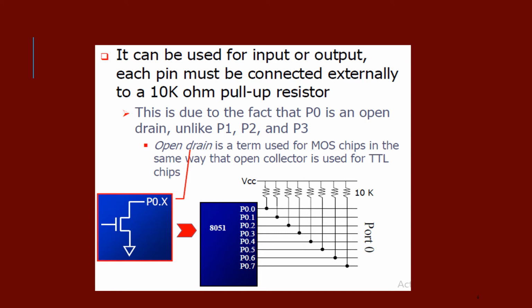Already we have had a small talk on this in the first or second session on 8051 in out. In that discussion I have given some focus. You can refer to that particular video also. So here in short, it is open drain for MOS chips, which is similar to open collector in the case of TTL chips, and we have to drive it. Therefore you need some pull-up resistor so that voltage and current are properly maintained at the respective pins.